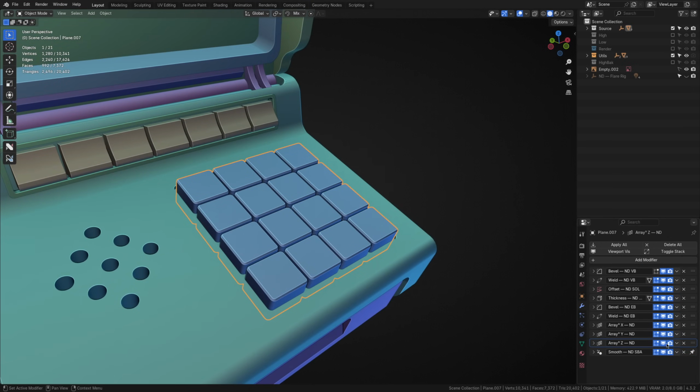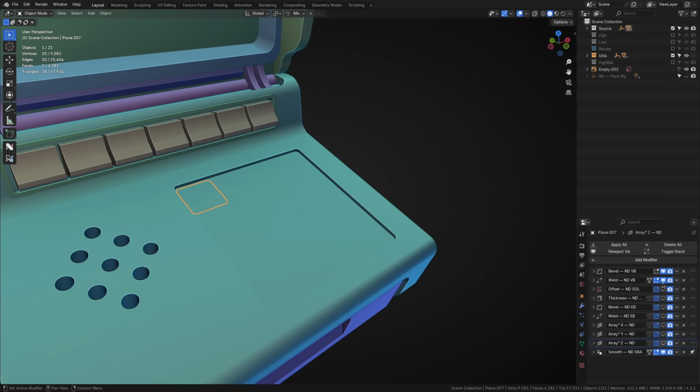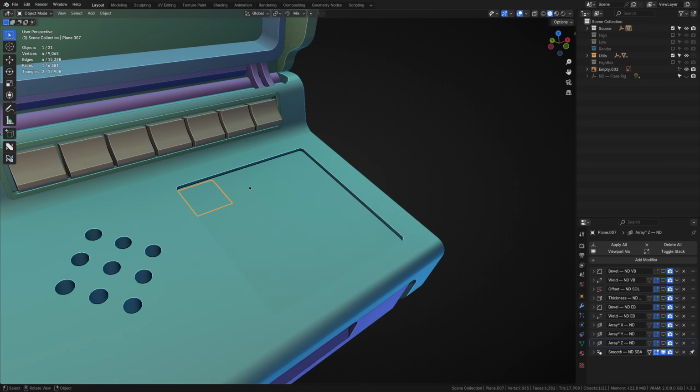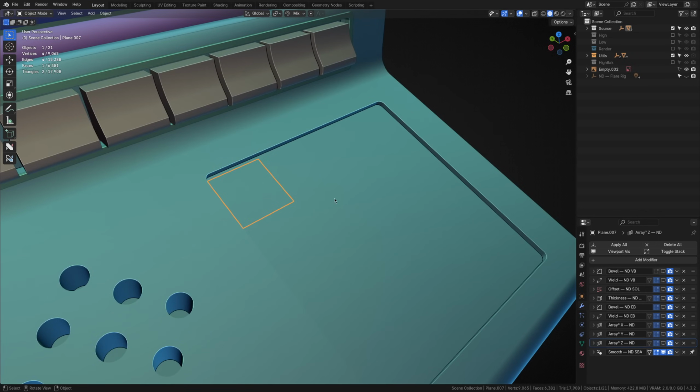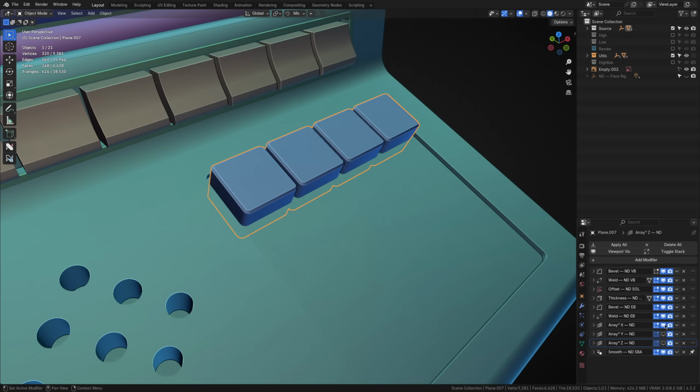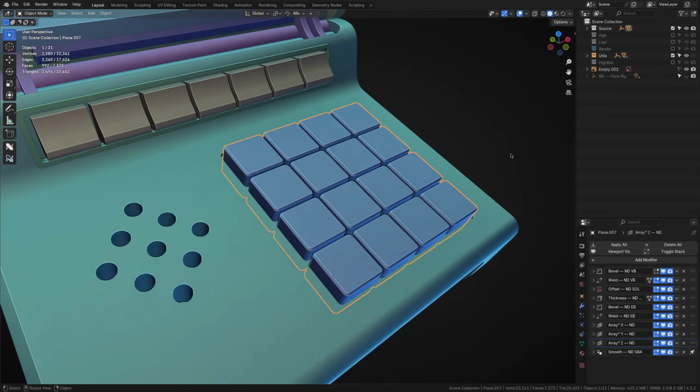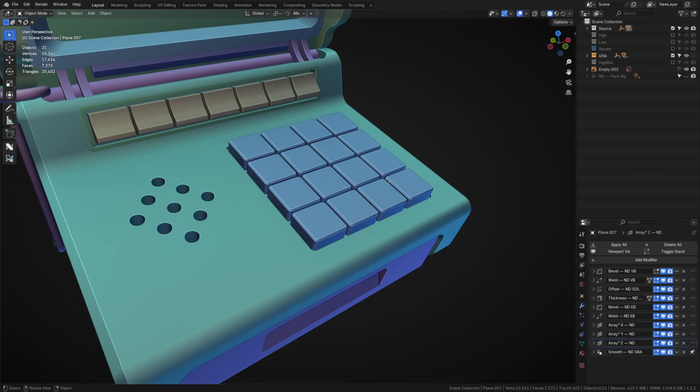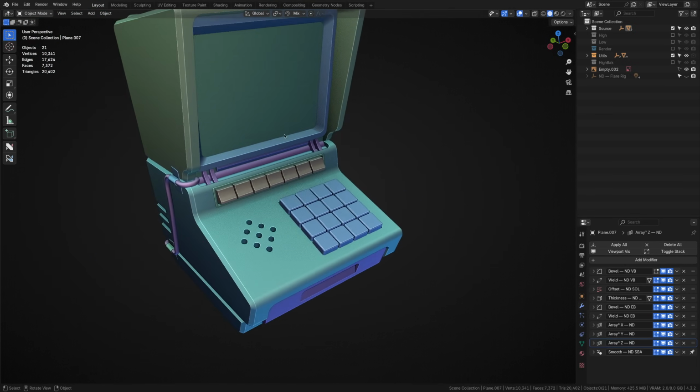I'll turn off all the modifiers, returning to the primitive geometry I started with. Then, slowly roll through the operations I performed, one by one. You'll see the detail go from a simple plane to a grid of buttons that closely resemble those depicted in the reference. Neat. Hopefully you can see how this all slowly comes together across an entire model.